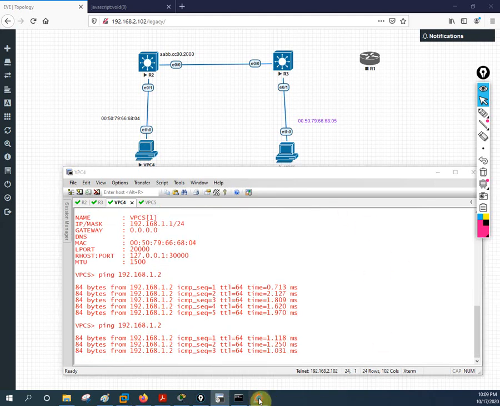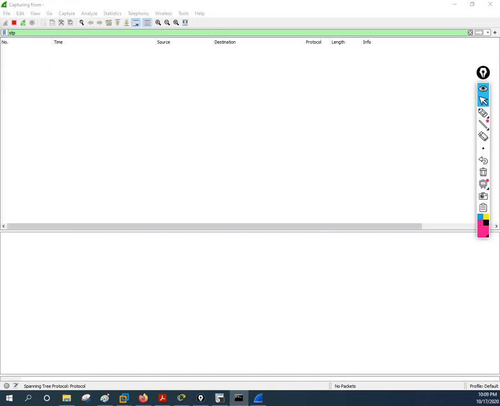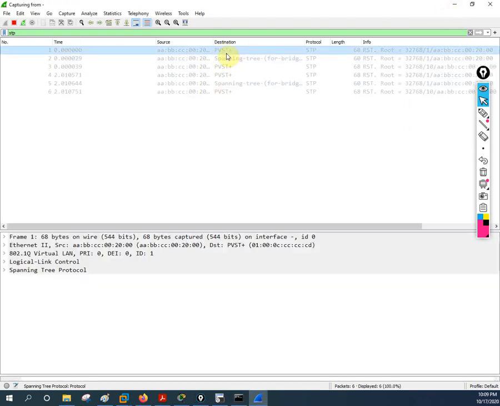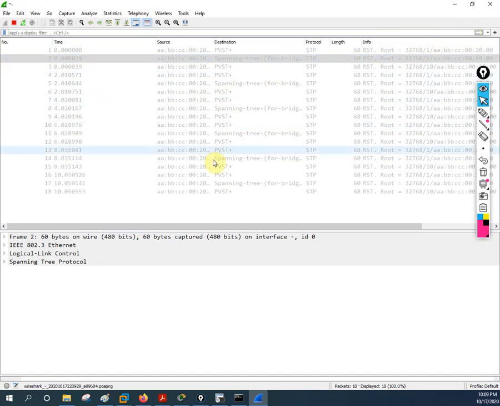So let me see the Wireshark. Still it is taking time. Let me see, an STP packet will come, and we are going to learn how we can use Wireshark also, no issue. We are going to see that one also. See here, now it has started, whatever packets are going. If you see, we have PVST, we have spanning tree. Let me cancel this so we can see all the packets going on.